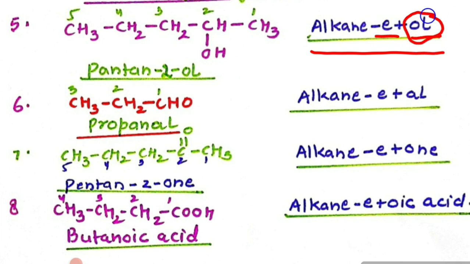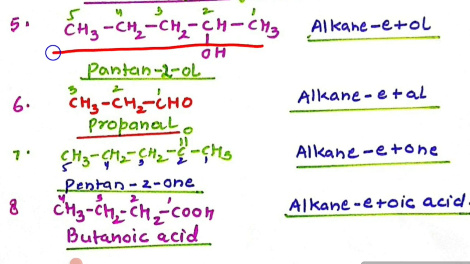Since this has positional isomers also, you have to mention the position of the carbon to which this OH is attached. Now you have to select the longest chain. Just select the longest chain containing that carbon atom on which the OH is situated, and number the carbon atoms in such a way as to get the lowest number to the carbon on which this OH is located. The numbering should be done from both the terminals or ends of the chain. It should not be done